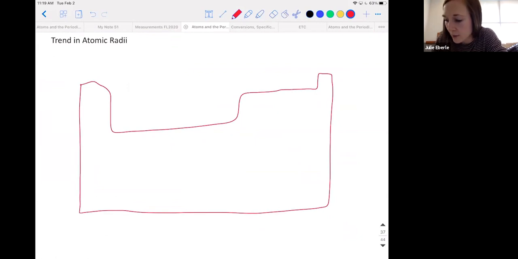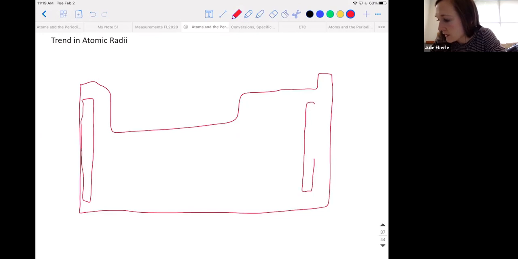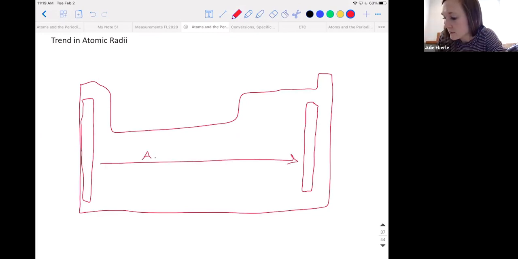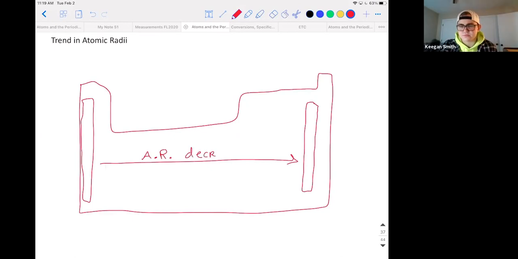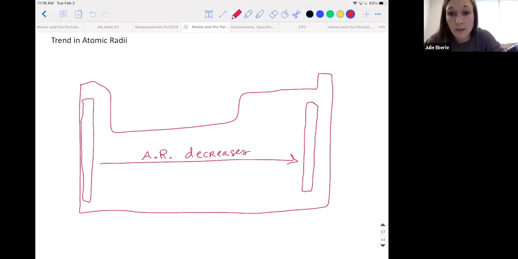As we go, okay, group 1 is over here, right? And group 7 was over here on the right. So as we go from group 1 to group 7, what do you notice? What happens to atomic radius? I'm gonna abbreviate. Atomic radius does what? Increases or decreases? Decreases. Yes. As you go across the periodic table, atoms get smaller. Why is that? Does anybody have a guess on why that happens?